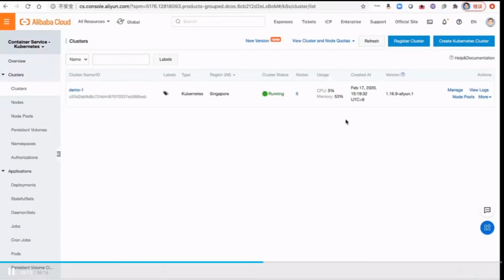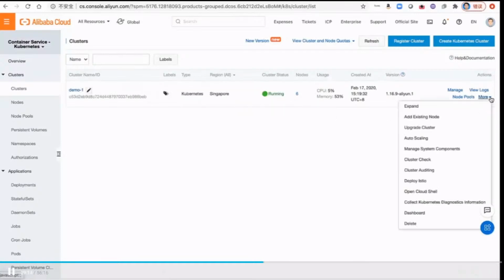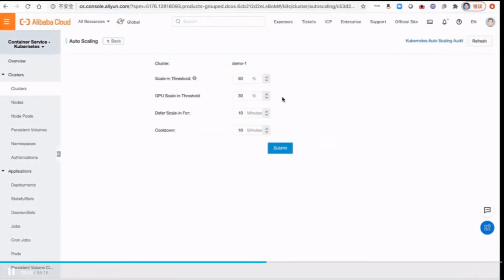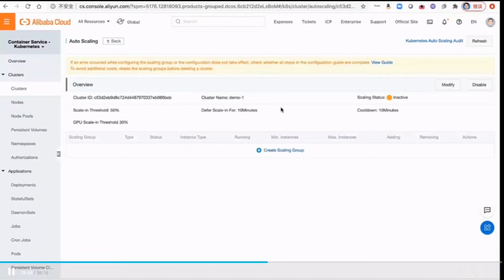Okay, so for this demo-1, there are a lot of functions you can directly apply to this cluster, including expand. Maybe you want to add more master nodes or worker nodes into it, right? And you can upgrade. You saw that function already. And auto scale, right? The auto scale means together with auto scaling, we are trying to give you a very easy way to scale up your instances. So you can see, based on some threshold criteria, you can create a scaling group and define your auto scale